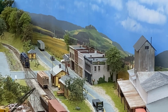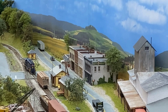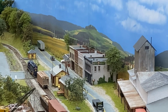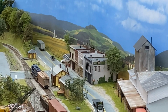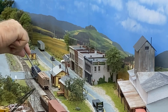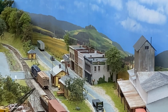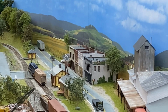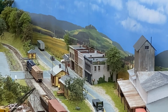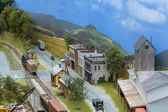The second little bit of trouble I had was when I was taking the locomotive over this main street. Remember, I've already done this several times. It wanted to stall right in here. And what I noticed was one of the boards that I used for the crossing was sticking up just a little bit too high. And so I filed that down, took care of the problem. Everything ran perfect after that. I don't know if it popped loose or this engine is just more susceptible to it, but